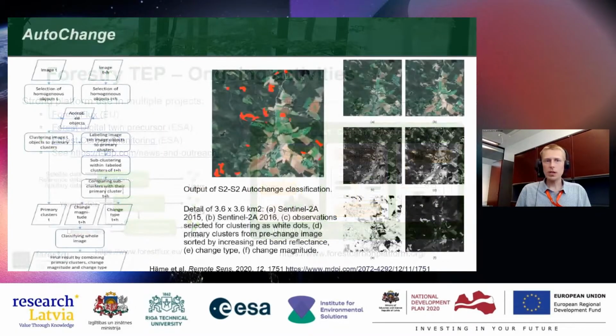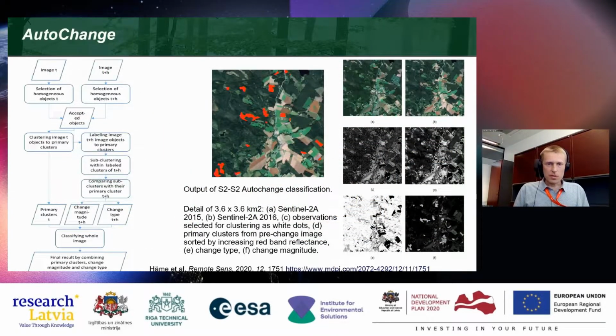Some examples of the kind of services or applications. Yeah, you might be confused with the terminology. These applications are called officially services in the Forestry TEP platform, but basically they are applications or software tools.